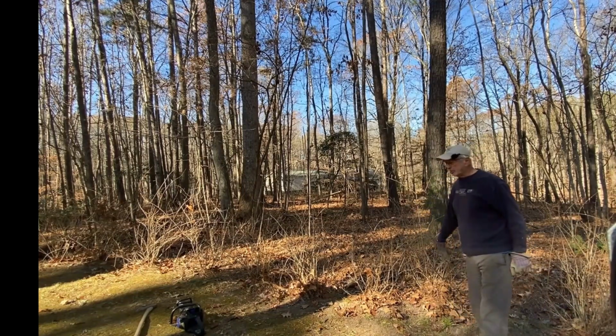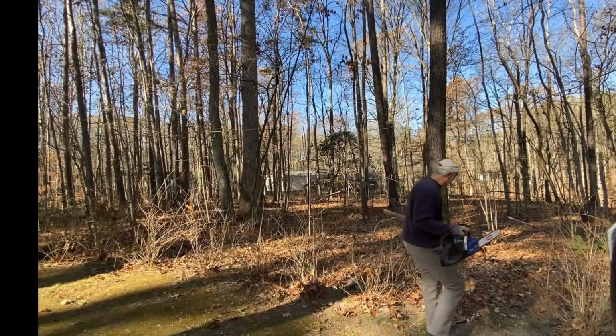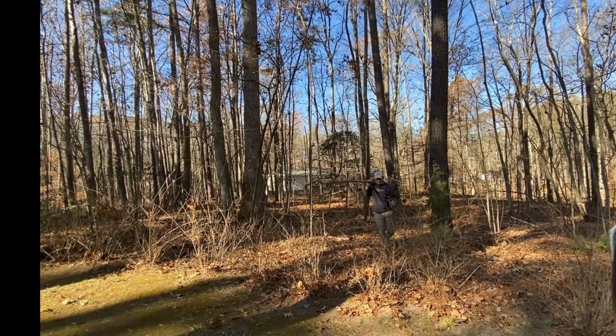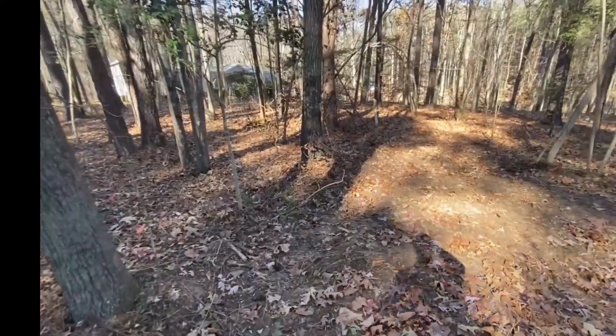But so I had to clear that out a bit. There was no major work done, and to be honest, I did all that before I thought about videoing it. So I'm finishing up here, what you see, and I've got to take these bushes out, which are down here in the south. We call them yellow bells. They're the first things that bloom in the spring. So I got all that done,